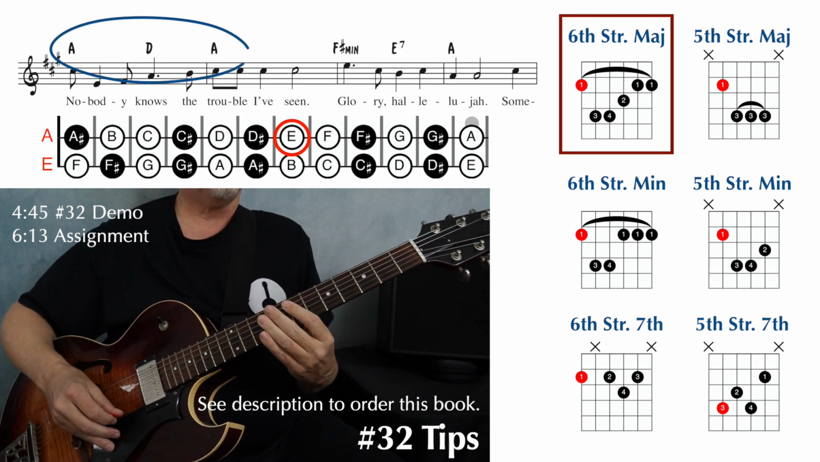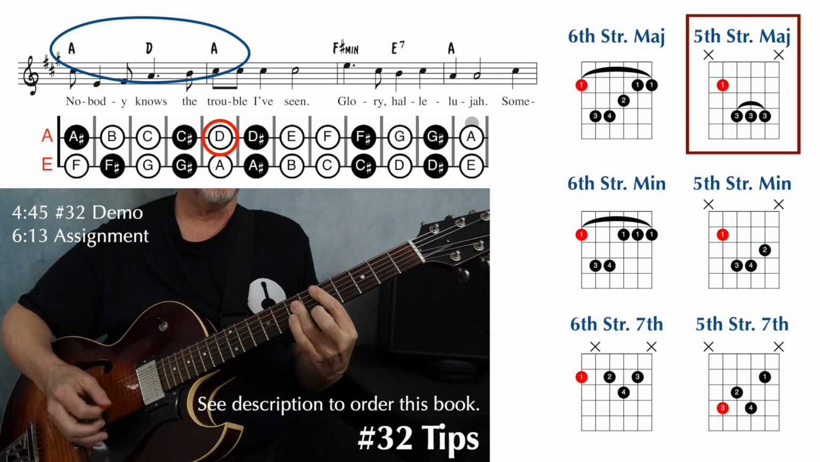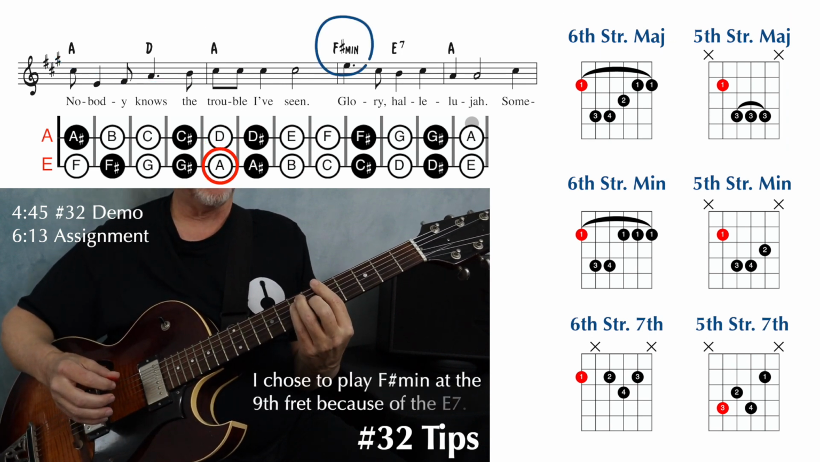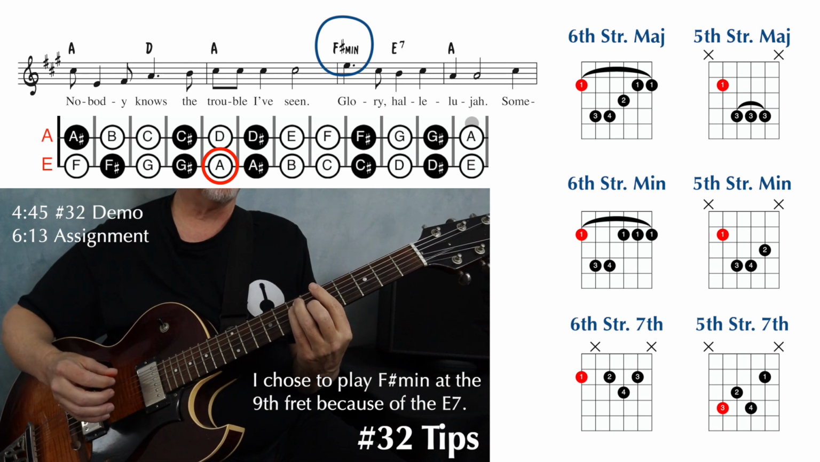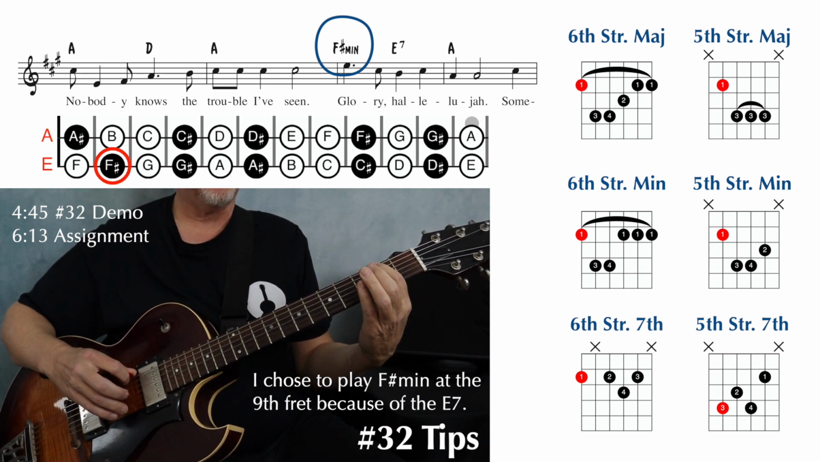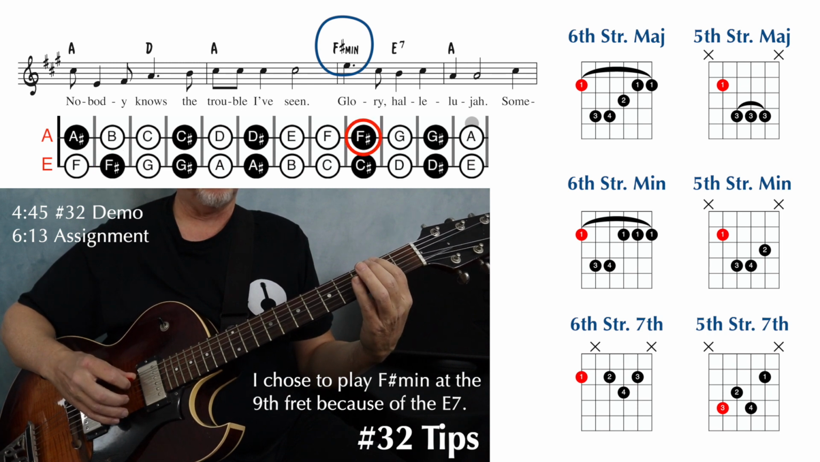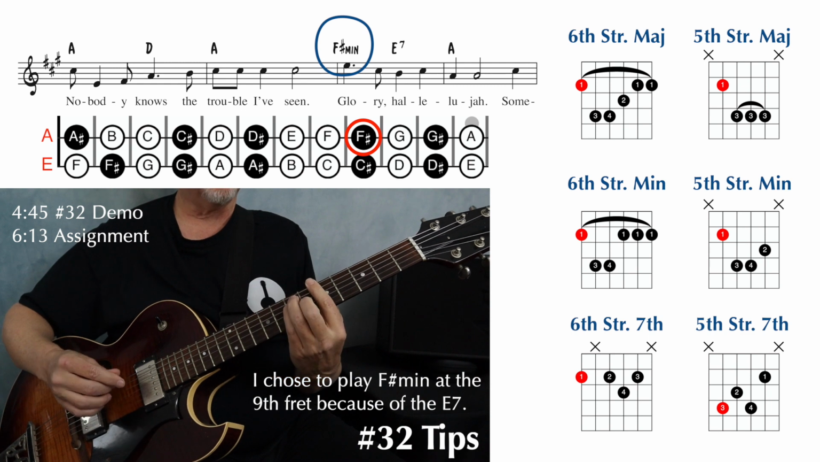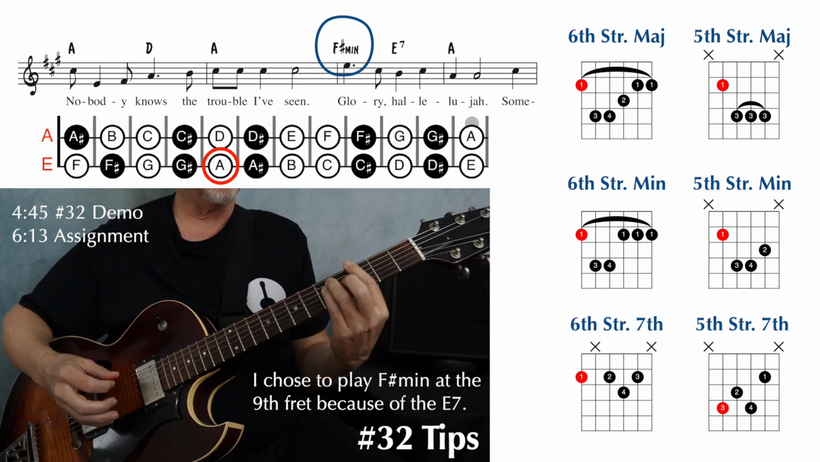Line 2, we have an A and a D and an A again. Then we have an F sharp minor 7. 2 directions we could go here. There's an F sharp on the 6th string at the 2nd fret, and there's another F sharp on the 5th string at the 9th fret. Either one of those is a bit of a jump from the A major,